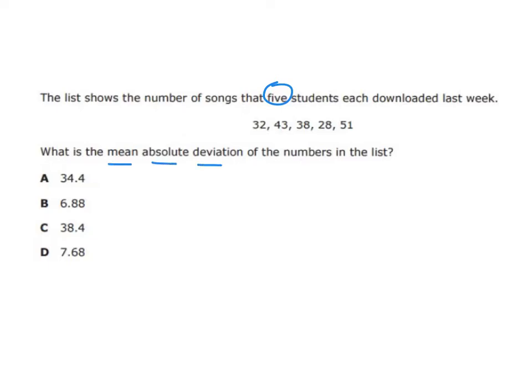Okay, so mean absolute deviation, remember that means we have to find the mean, and we need to see how much each number differs from the mean, and absolute because we want everything positive. We're doing the absolute value since it's the distance. Everything is from the mean. It can't be negative. Distances are not negative. Okay, so the first thing we have to do is find the mean, which means we're going to add